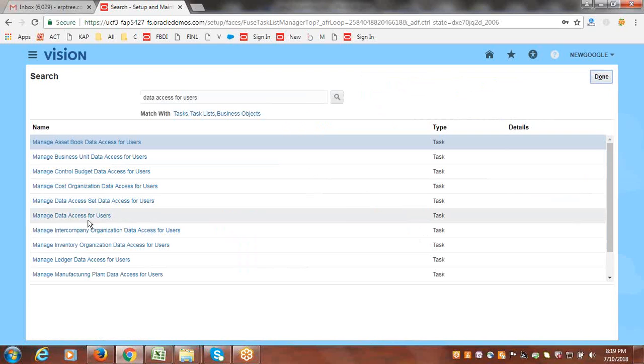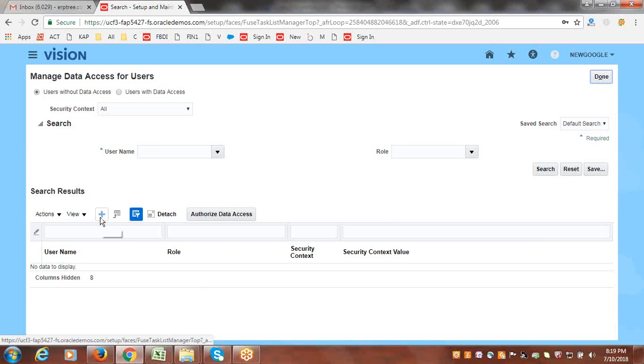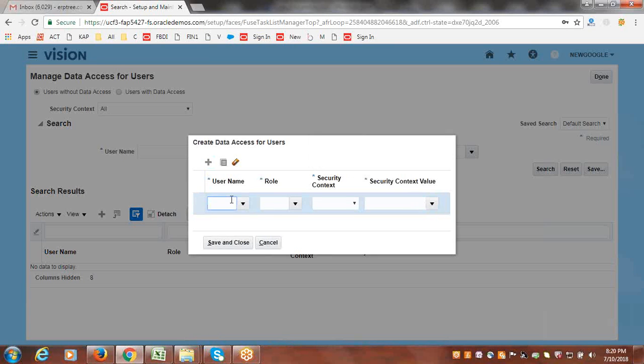Search. Click on data access for users. So just click on create. The username is INR reporting. Just tab out, the system will fetch the name if the name exists. Now go to role. We assigned only one role. Select. Security context is DataAccessSet. When you create the reporting ledger, against the reporting ledger the system will create the DataAccessSet. So select DataAccessSet,